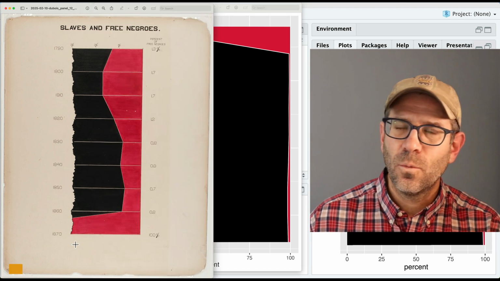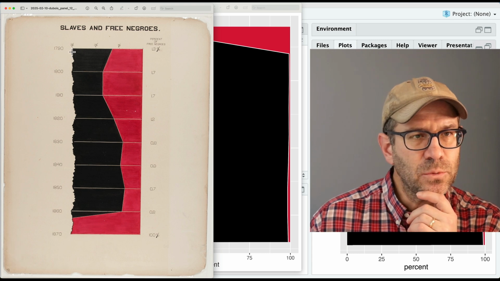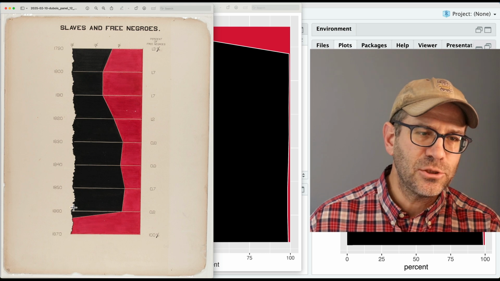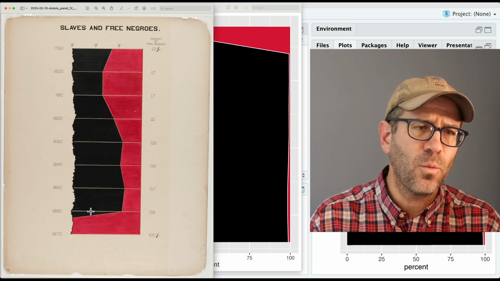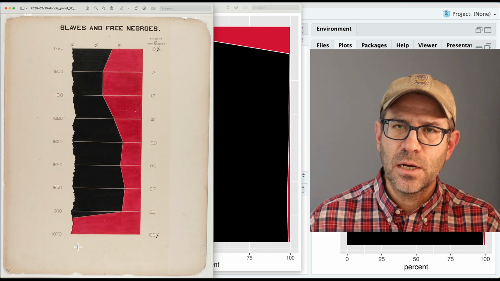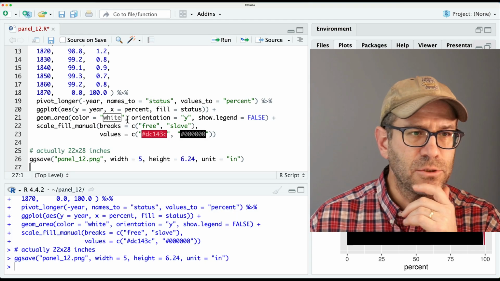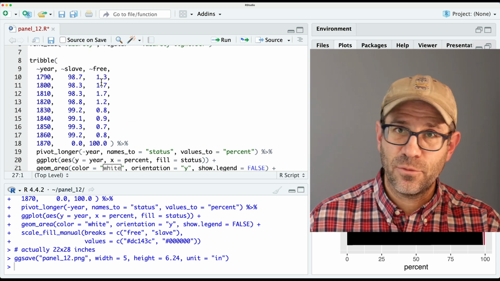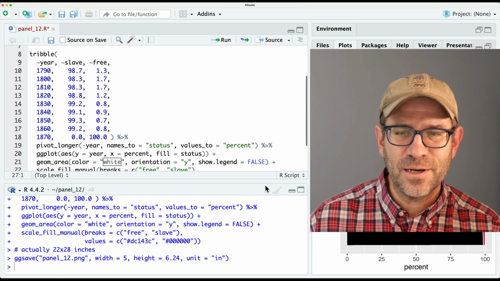One of the things I really love about this figure is that they have this ragged edge on the left side. And so this is at 3%. And I think we can model this edge with a random number between, say, 2.8 and 3.2 or 2.9 and 3.1, drawing a random value around 3 to give kind of a ragged representation. We can then show that as a line, or if you think about it, coming back to our data here, we could cap the total percentage at 3% or whatever that random percentage is. This is going to take a little bit of work to do and is probably going to be the hardest